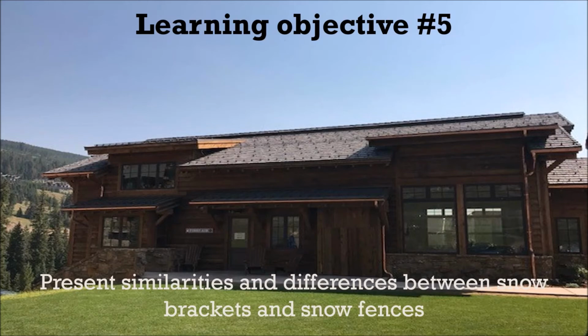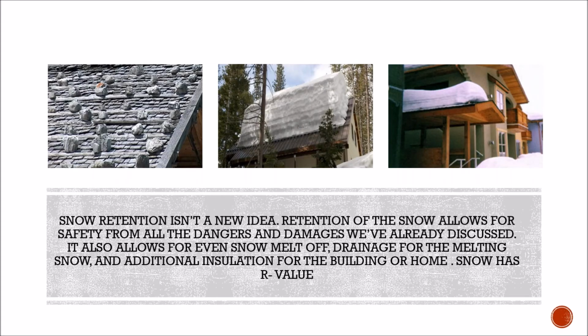We know that snow retention is not a new idea. So we've seen different examples of previous snow retention that happened centuries ago on outbuildings of castles and all different types of things. And that's what the example is in the far left picture. So they used boulders or large pieces of logs and situated them on the roof to help hold the snow